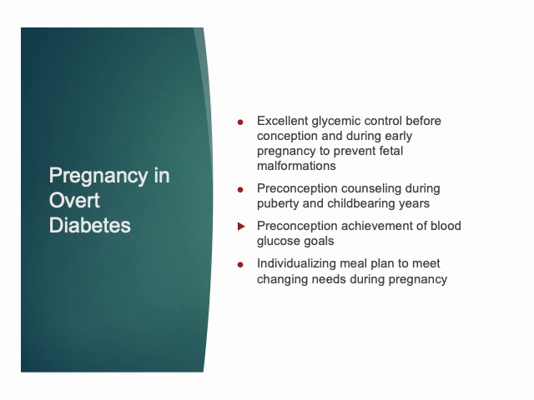Successful preconception care programs have used the following goals. Before meals, we want a glucose between 70 to 100. 2 hours after, 140